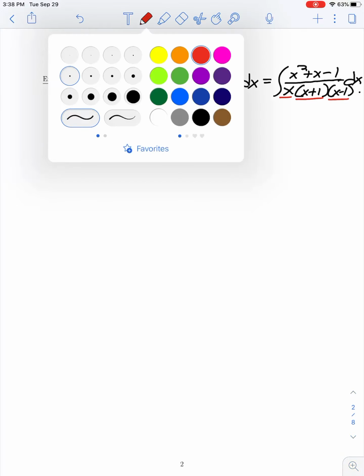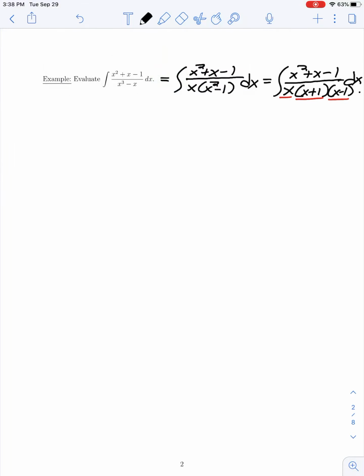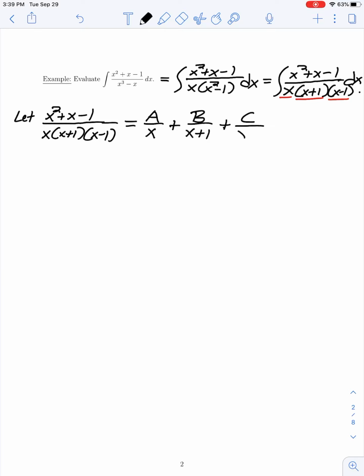So in this case of distinct linear factors, we can rewrite our function as a partial fraction decomposition of the form a over x plus b over x plus 1 plus c over